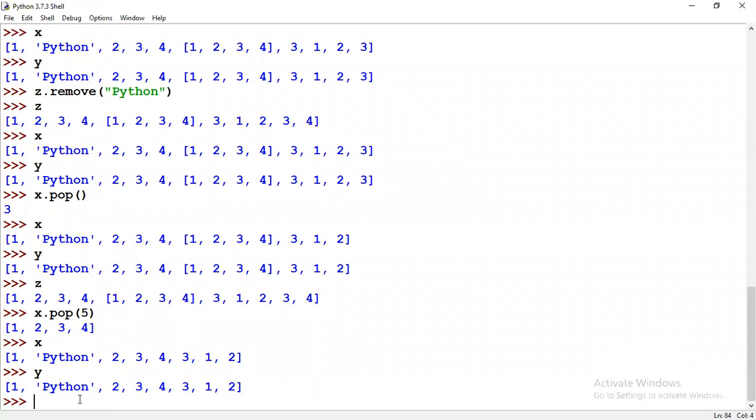So pop is used to remove based on index position, and if you are not giving anything, by default it removes the last element. Remove is used to remove based on the value. So this is what pop is and that is what remove is.